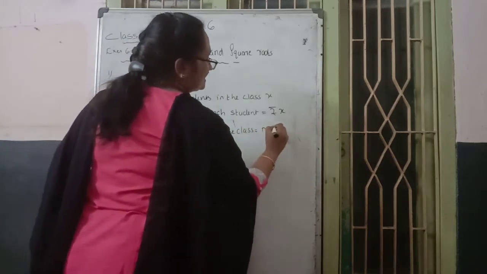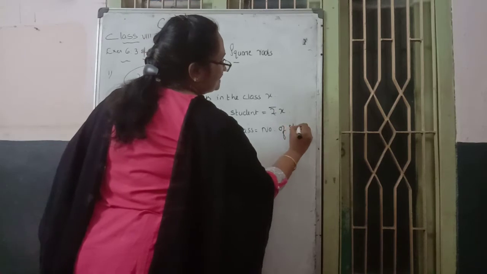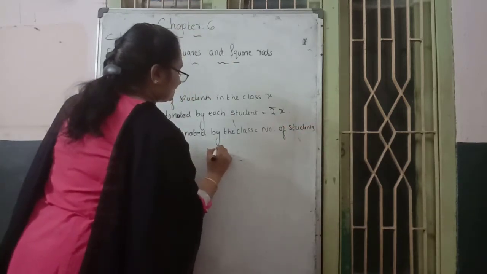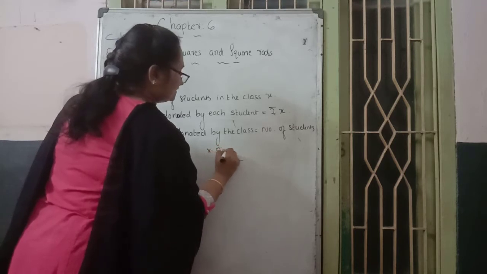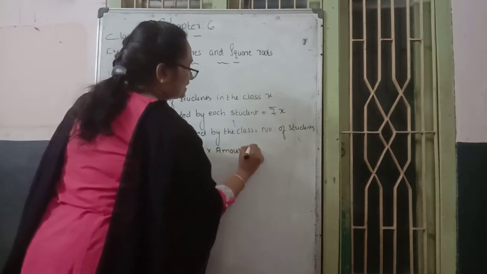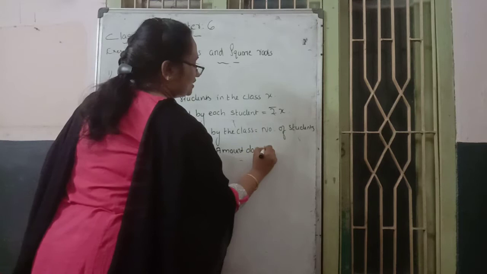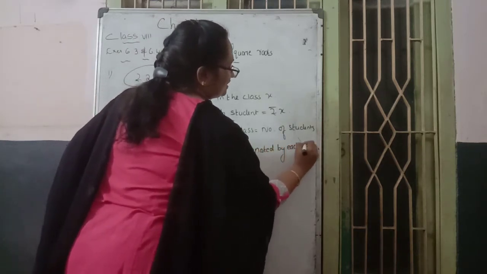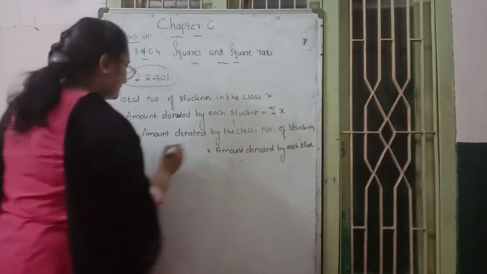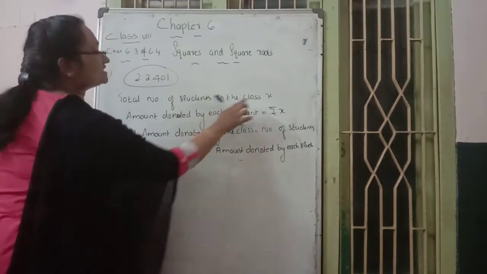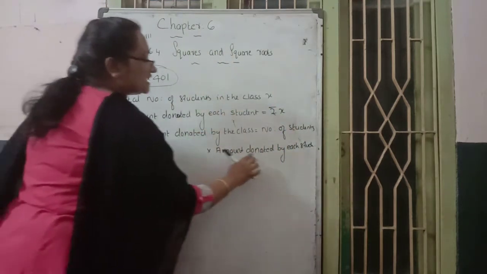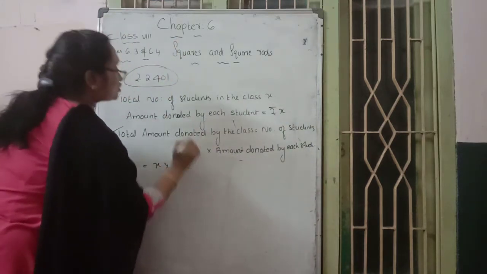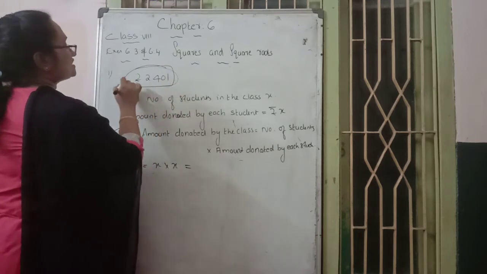The number of students is multiplied with the amount donated by each student. That means the number of students we consider as X, into the amount donated by each student, X rupees. The total amount is given as the collected amount